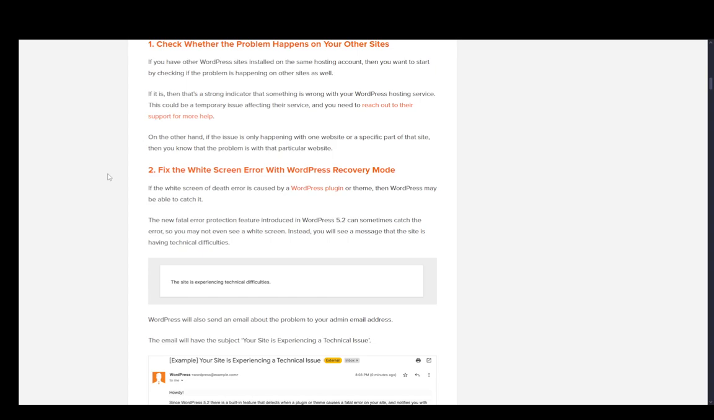Now, the WordPress white screen of death error is pretty much a fatal error which has happened on your site, usually and most likely due to faulty plugins or faulty themes, and it'll just display as a white page without anything there. Now, you might actually see something if you're on WordPress 5.2 and up. You will have the fatal error protection feature, which brings up a "the site is experiencing technical difficulties" pop up instead of your standard white screen,